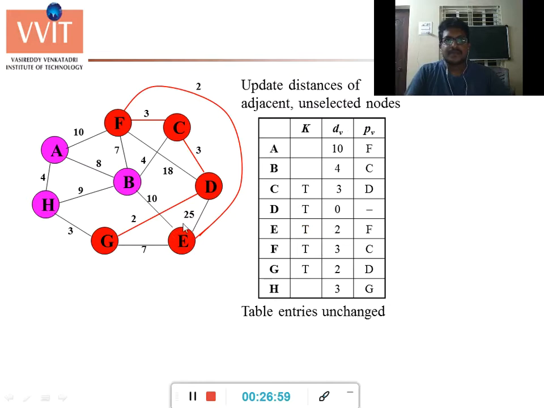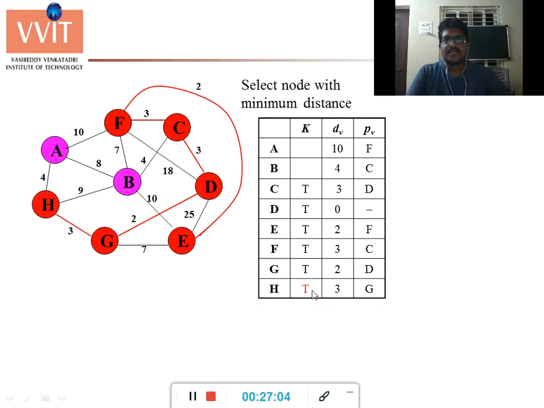Now so next least cost in this table is H to G, which we have to pick. So I have picked H to G. Now if there is any updation, check. So H to B, B is already having 4, least cost, no need to update. H to A is 4. So previously if you visit from F to A, its cost around 10. Instead of visiting from F to A, it's H to A, its cost only 4. So we need to update this value with 4 and H is a parent.